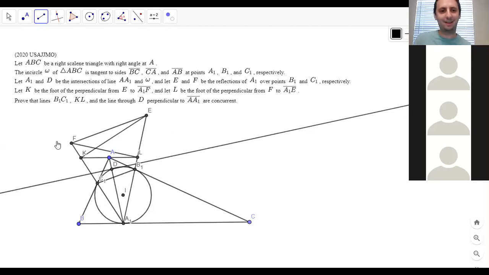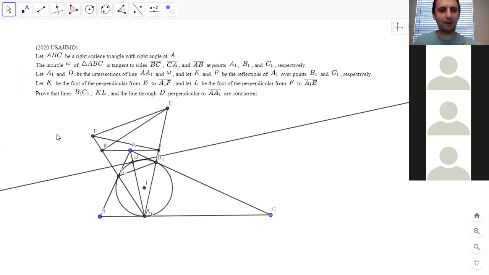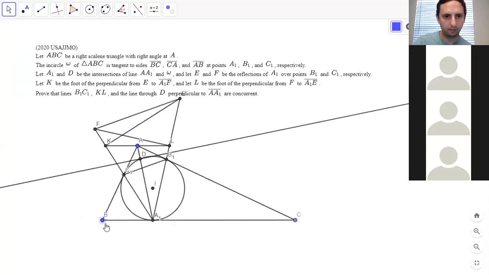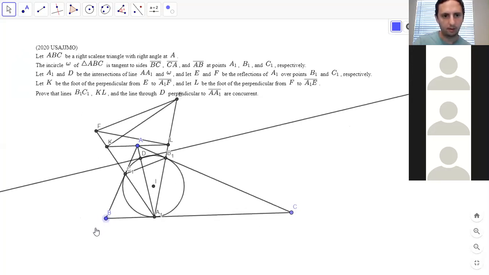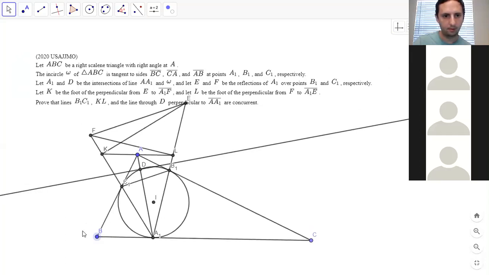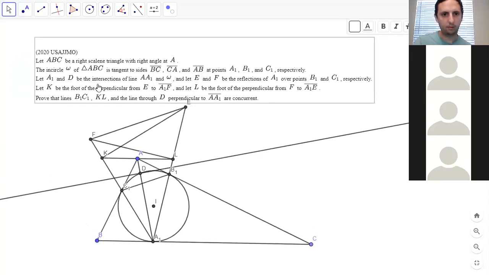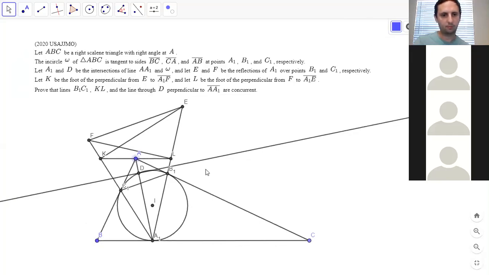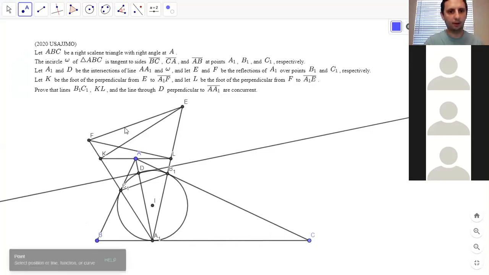I feel like I've seen before that K, A, and L are collinear and parallel. I don't remember exactly the proof, but let's see if it's easy to think about. And then I wonder if it's just like Desargues or something. Because, yeah, we could label this point right here, so that the topmost point,